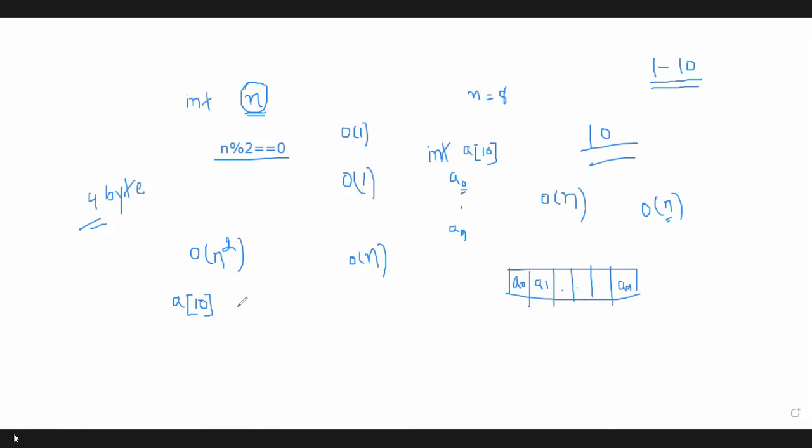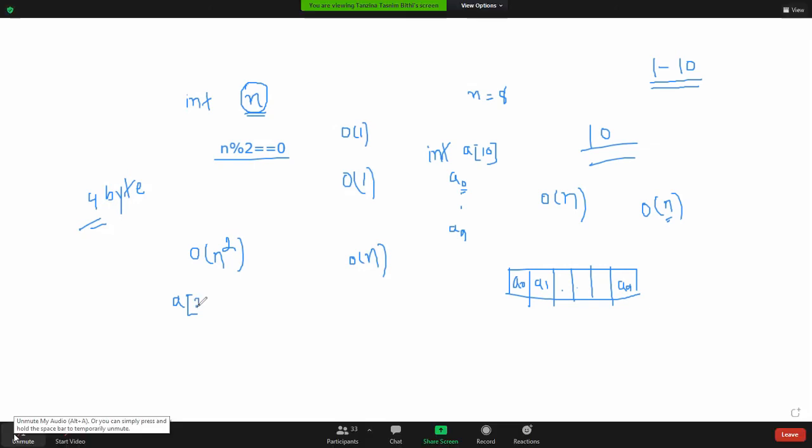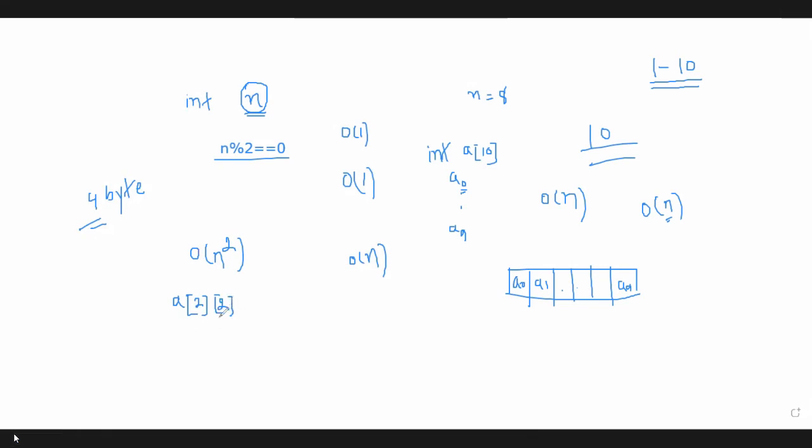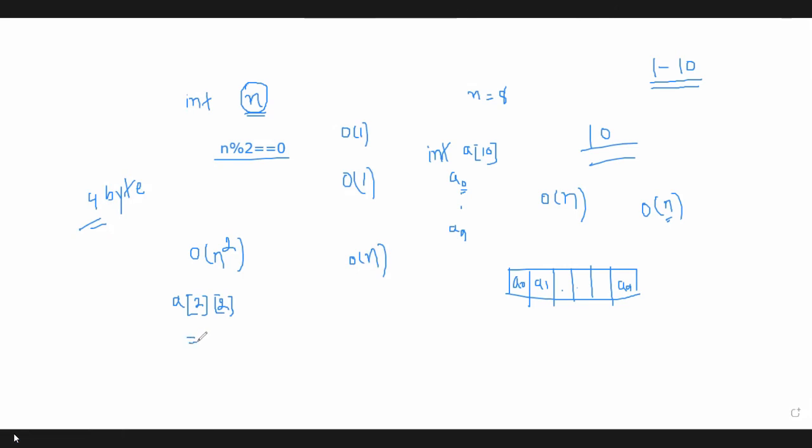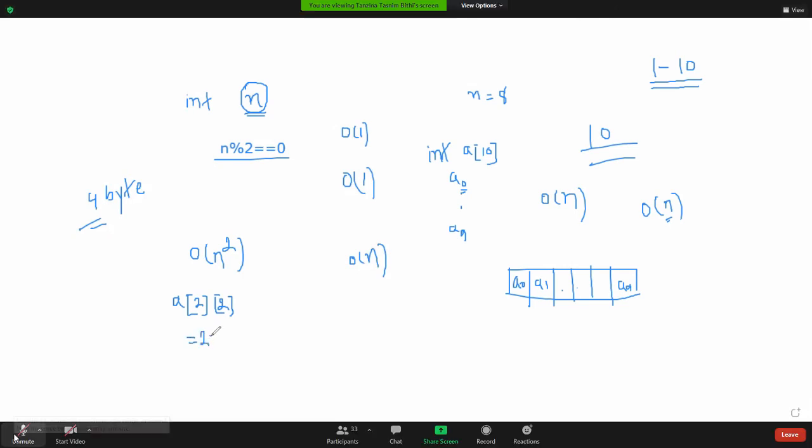Or suppose the size of the first dimension is 2 and the second is also 2. Okay, so A22 is a two-dimensional array. Now tell me how many data elements are here? 4. Very good, 4. The first data element will be A11, then A12, A21, A22. There are total 4. This is a 2 into 2 matrix, right?